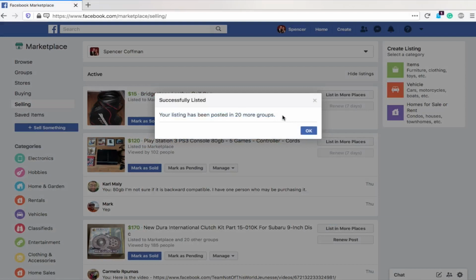So on mobile, you can post it in 10. And on the desktop, you can post it in even more groups at the same time. So this is how you can use Facebook to get more exposure for your marketplace listings. You can list it on the mobile, put it in 10 groups right away, and then later on get on your laptop or your desktop and post it in more places and promote that posting to many more groups all at once. So I really hope this will help you start selling your stuff and get more exposure in Marketplace.